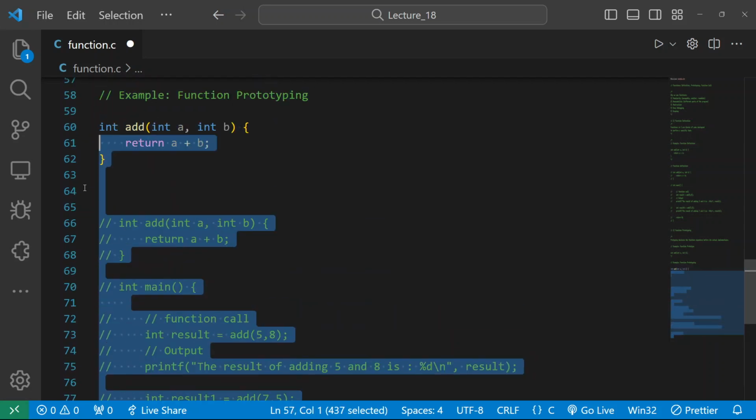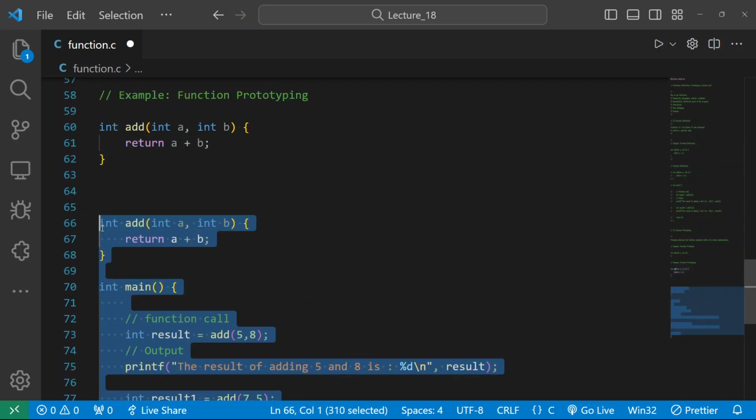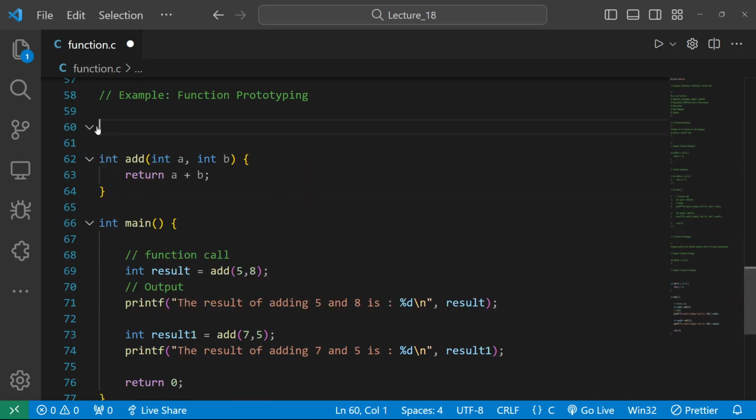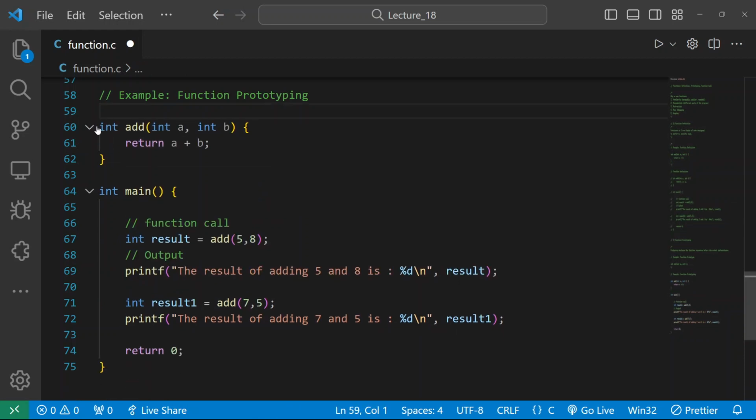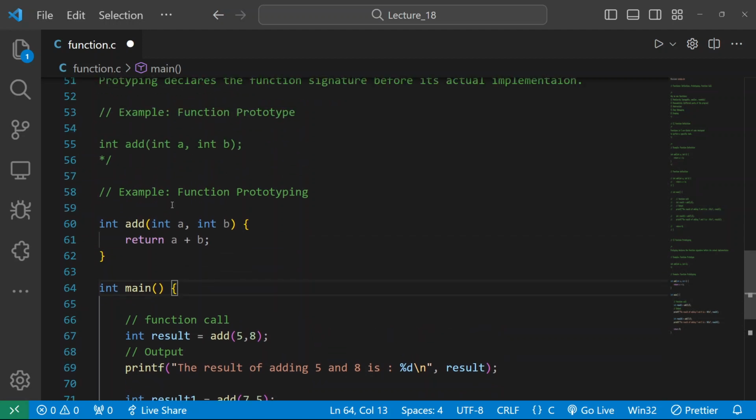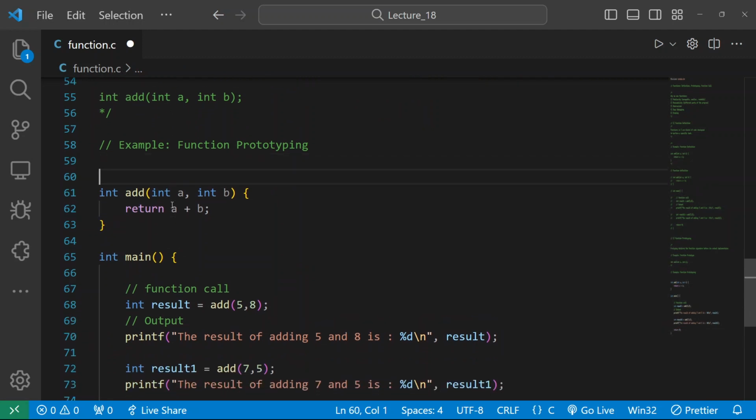So what is the thing I am doing here? See. So you can see this was our previous code. Okay, we were doing this thing, but now we want to see the function prototype. What is the function prototype? It means that, okay, I hope I'm audible. So see, the thing that happens in function prototyping is that here, instead of dealing with this part,